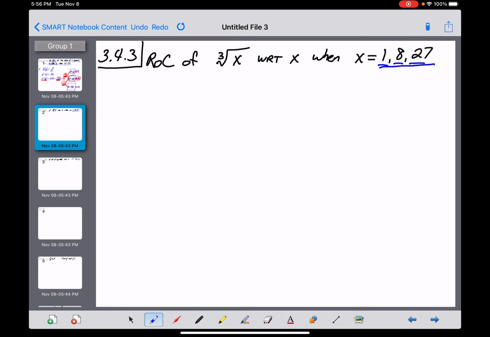Okay, just like in problem number 1, we're going to try to make a function out of this. We're not really measuring anything, so let's just call it f of x is equal to the cube root of x. That's what we'll name our function. And we want to find its rate of change or its derivative at these 3 values of x. So you can't find f prime of 1 or 8 or 27 without first finding the general derivative